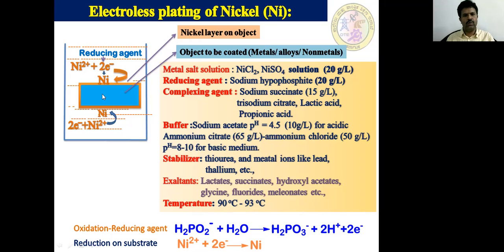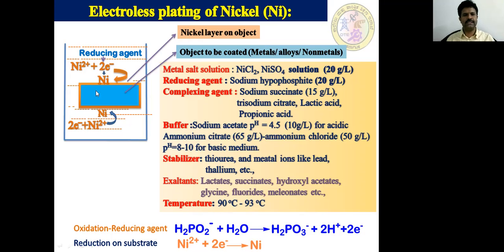Before electroless plating, the surface must be free from impurities. For that, we need surface preparation, step 1, which is a cleaning process. I already mentioned it: washing with organic solvents, alkali solutions, dilute acids, distilled water, and then drying. And if the substrate is a catalytic metal, then there is no need for surface activation. And if the substrate is a non-catalytic metal, then it should be activated by dipping in palladium chloride HCl solution.